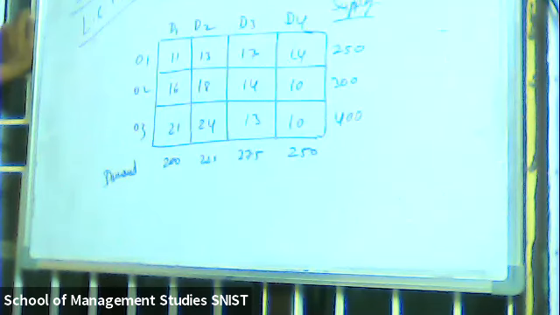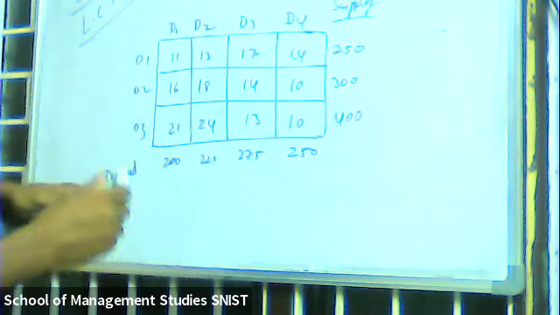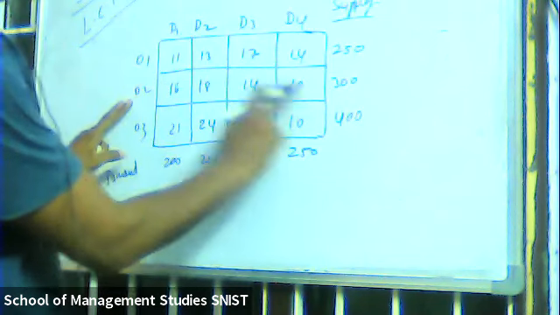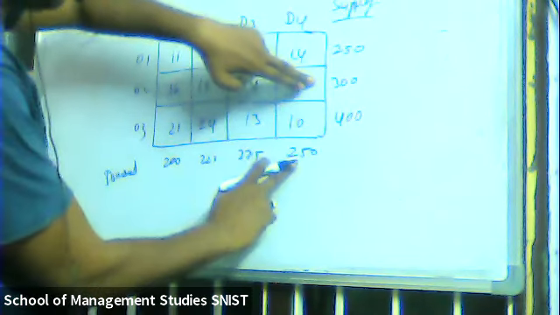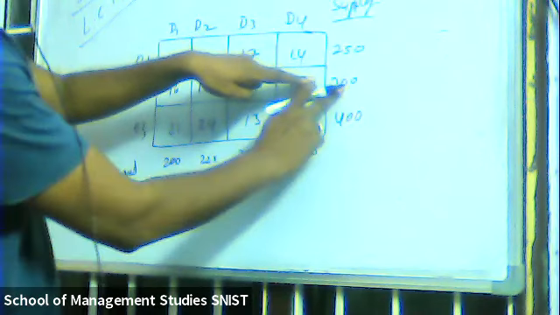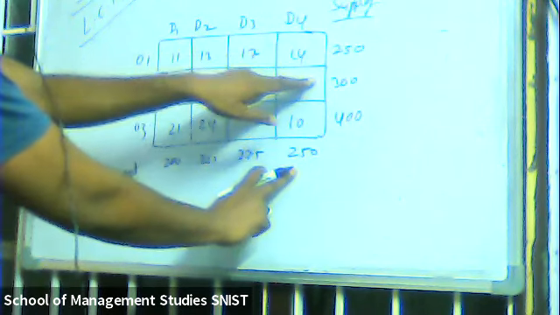In the previous just 5 minutes before, I told you, suppose if you get 2 minimum values, how to proceed? There is a logic behind that. Simple logic. If you get 2, listen carefully. Suppose if you take first origin 2, that means x24, you are going to allocate 250 here, because it's a minimum, 250, 300. Which one is the minimum? 250, right? Is it true?